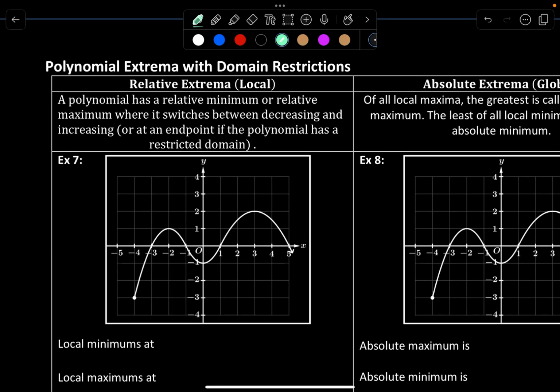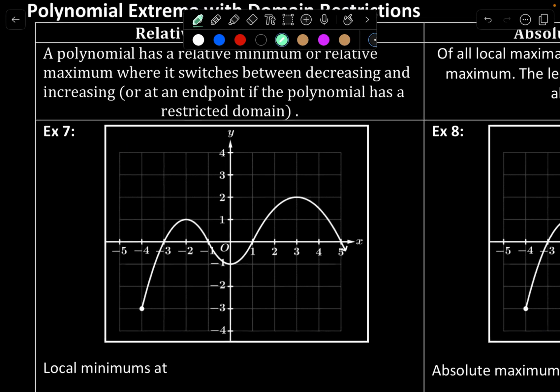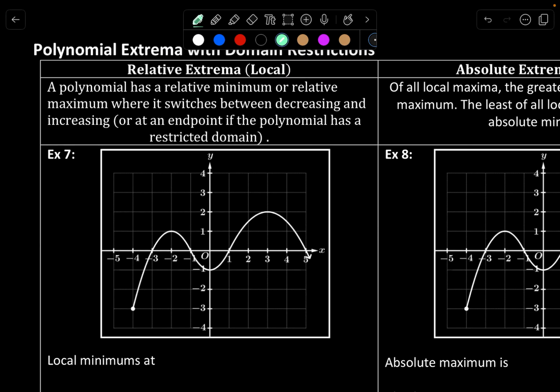So the next topic for Unit 3 is polynomial extrema with domain restrictions. In the first lesson for this unit, we talked about relative and absolute extrema, but for a domain restriction, some of the rules change a little bit. So we have this polynomial, but the domain is restricted on the left side, but it is still unrestricted on